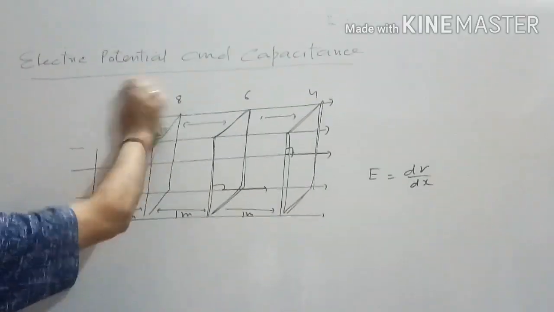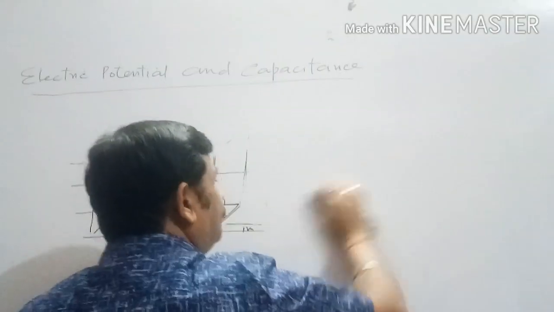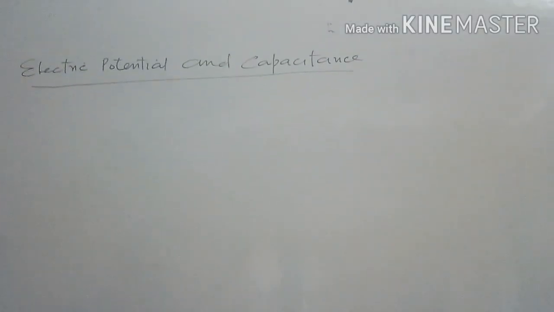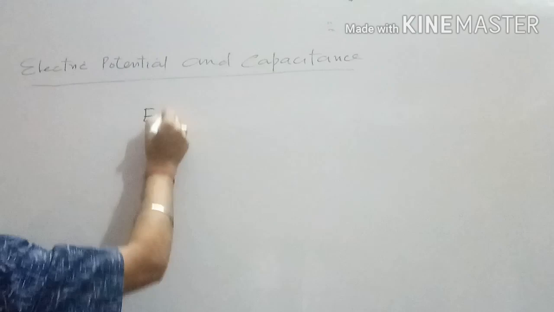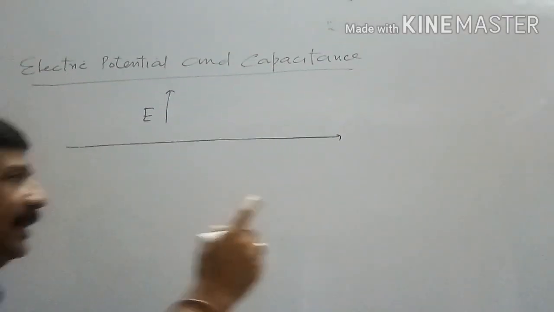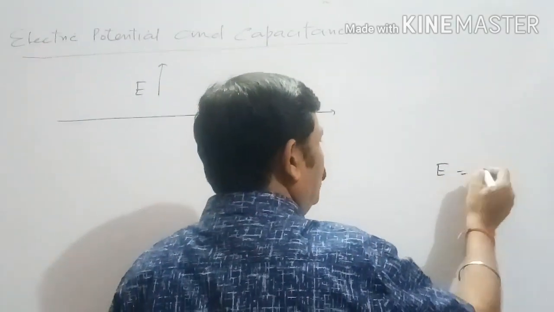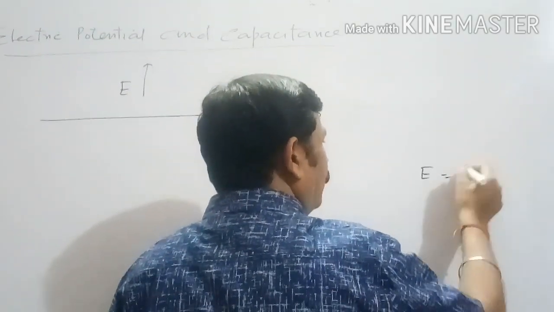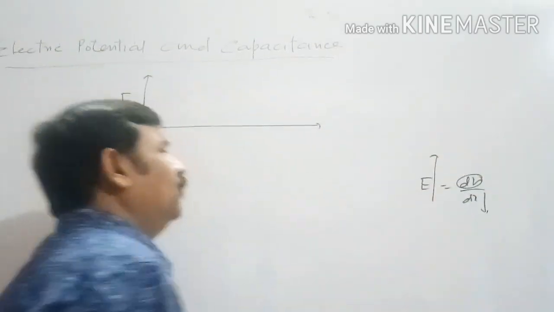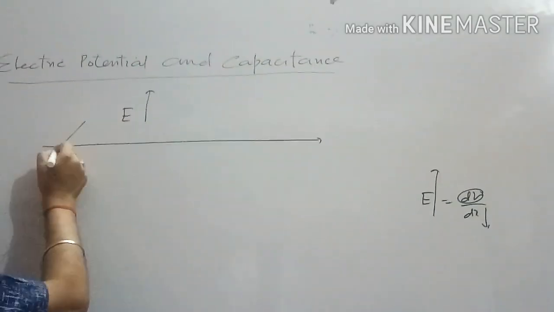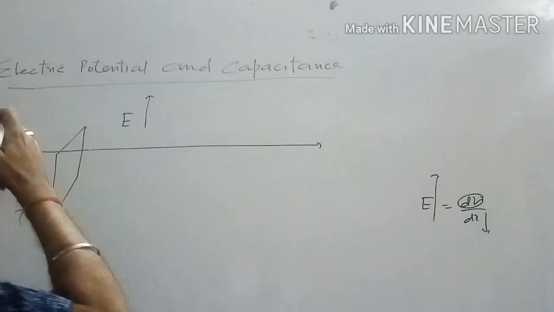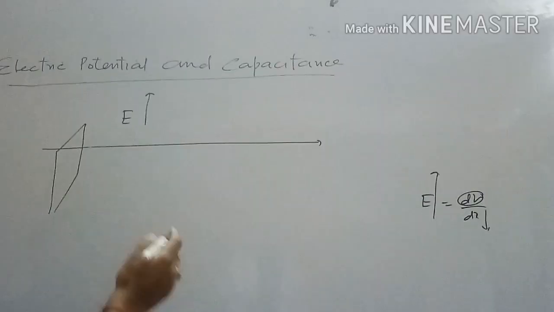Suppose on moving in the forward direction, intensity is increasing. Third case, when intensity increases in the moving forward direction. According to the same formula, E is equal to dV by dx. For the same potential difference, only when the separation is less will the intensity be more. It means now the equipotential surfaces will have less separation. As we move in the forward direction, separation keeps on decreasing.